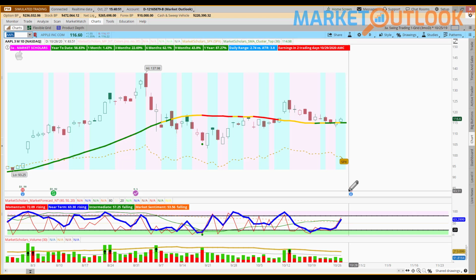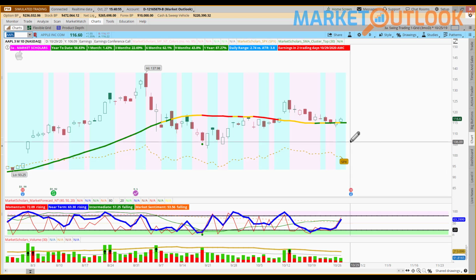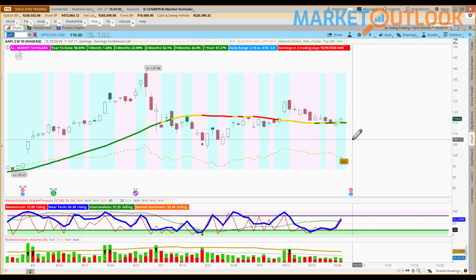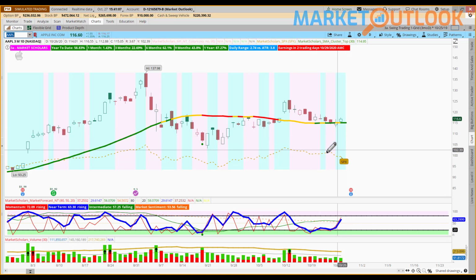But basically, what I did was I focused on the November monthly contracts, and I sold the 110 put, which is about at this level right here. And I bought the 107.50 put, which is right about here. And when you're selling one contract and buying another, you're either going to create a debit or a credit. In this case, I created a credit, selling that bull put credit spread there,